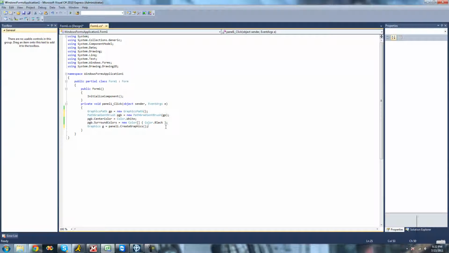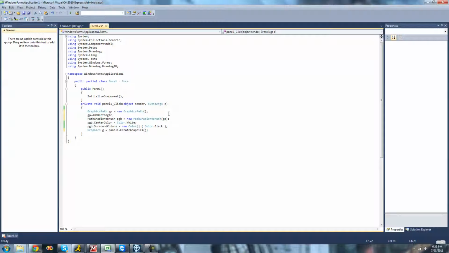In a previous tutorial, we only looked at creating gradients with circles. We have a center point, and then the gradient slowly moves out towards the edges and changes colors. In this tutorial, we're going to do other shapes, such as rectangles, squares, and triangles. So we're just going to have to add those shapes to our graphics path. So we're going to do